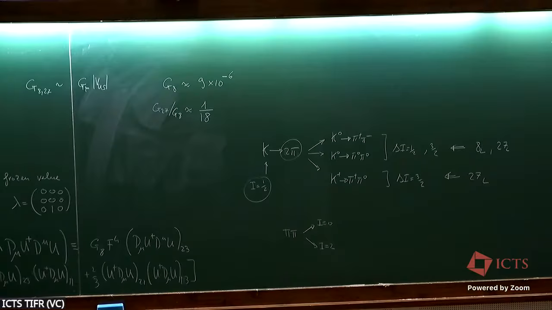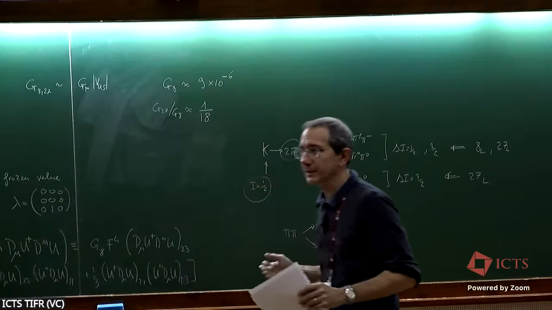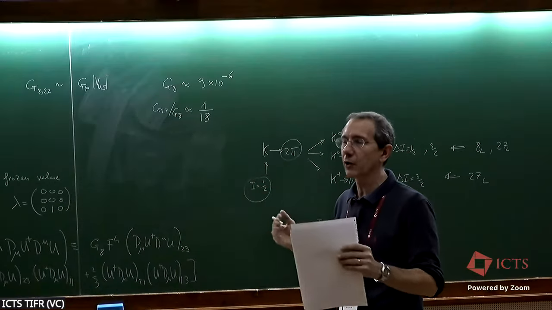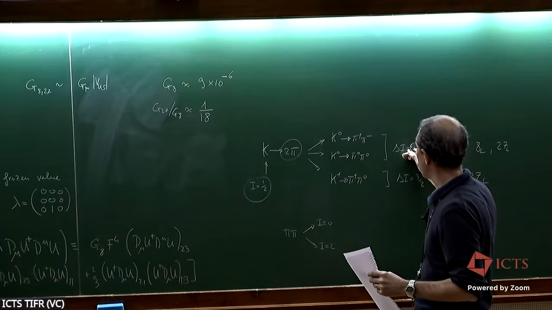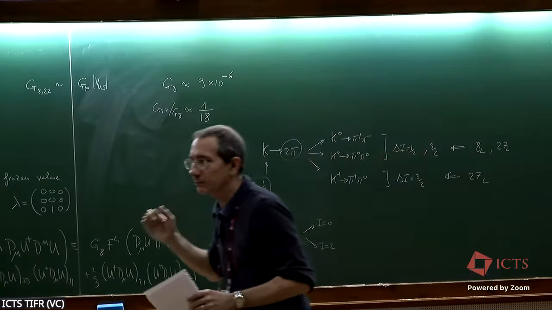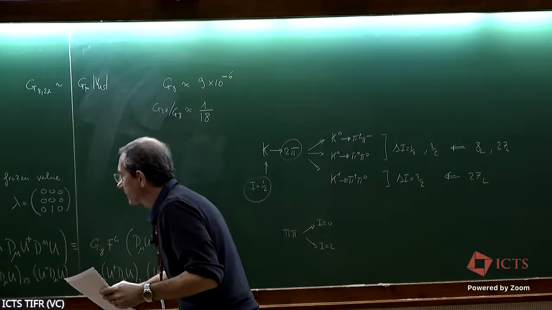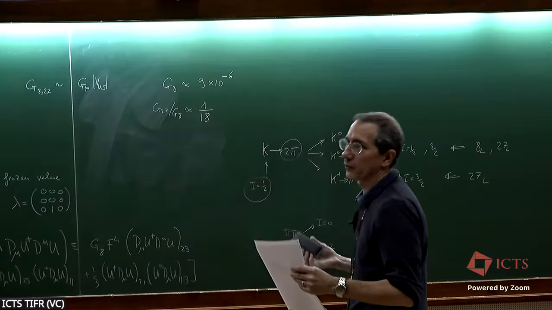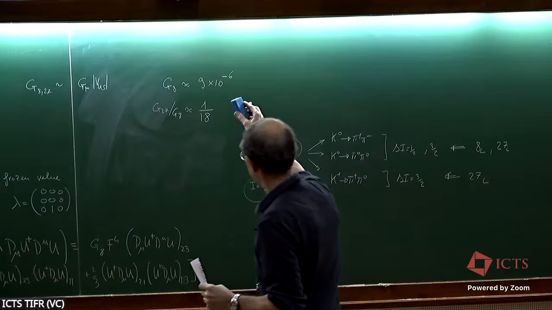You don't see any particular structure, while nature is different. This is the famous puzzle, even before the Standard Model was established, the famous puzzle of the ΔI = 1/2 rule. So why does the ΔI = 1/2 transition seem to be much bigger than the ΔI = 3/2? And there were probably tens or hundreds of papers trying to explain that. I think now we have an understanding, which is a bit of a series of accidents happening. So, okay, so